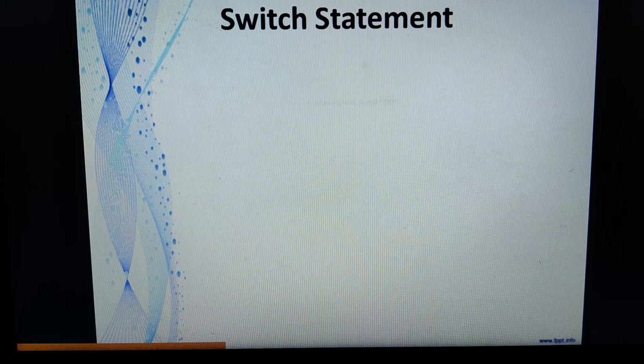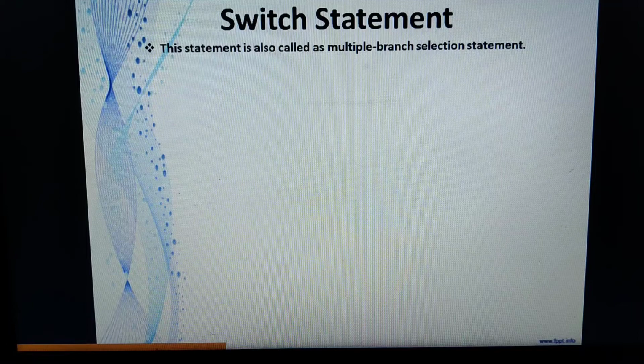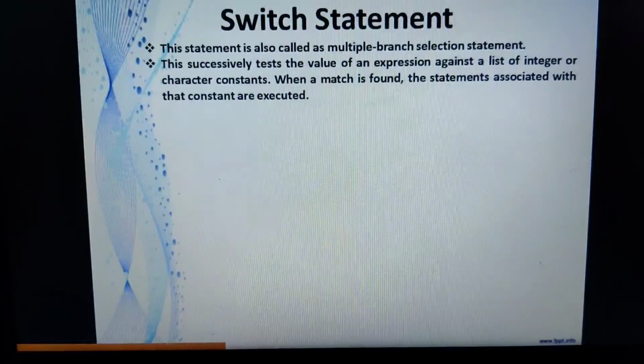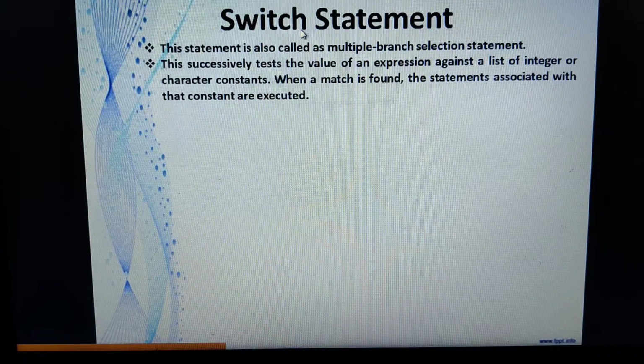Because in this switch statement, the given expression is evaluated against a list of integer constants or character constants. When a match is found, the particular statement associated with that case will be executed. If a match is not found, then the default statement will be executed. That is the reason why we call the switch statement a multiple branch selection statement, because it has to